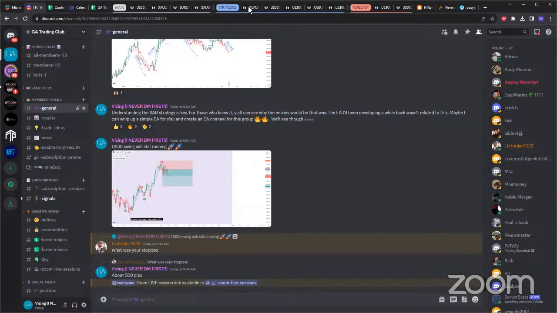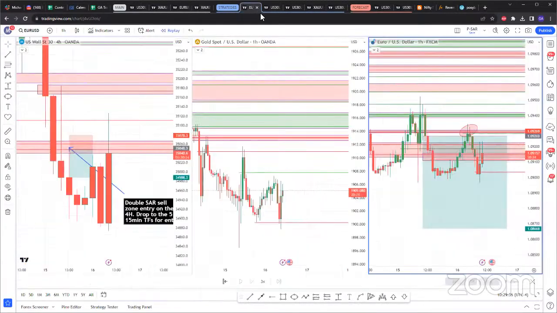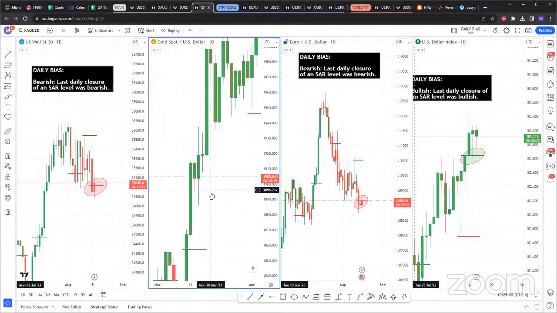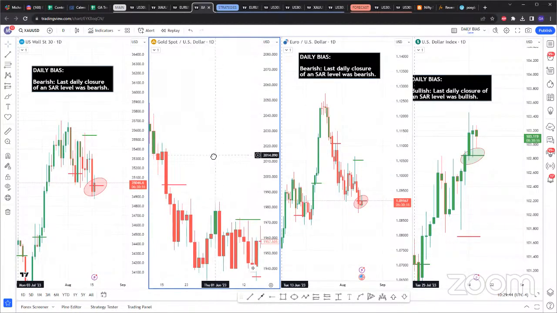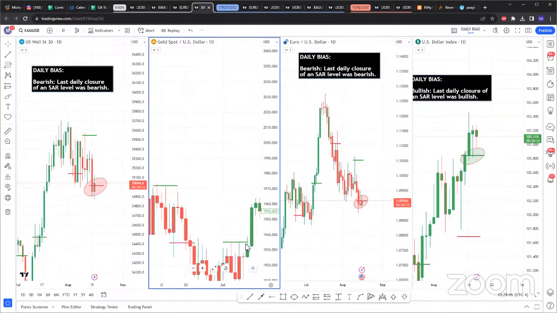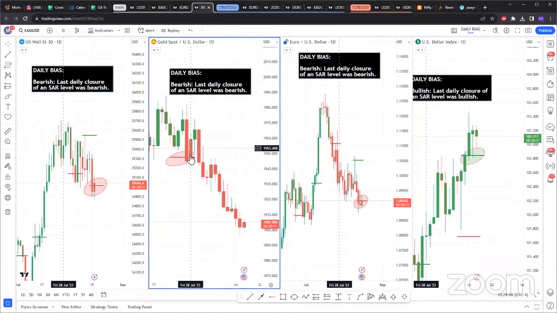But the key, so keep in mind, you can see it's looking back. It makes sense to do that. But the only thing will be you need to know how much drawdown you can survive. That will be the main key right there. Just know how much, because you don't want to go heavy on lots.